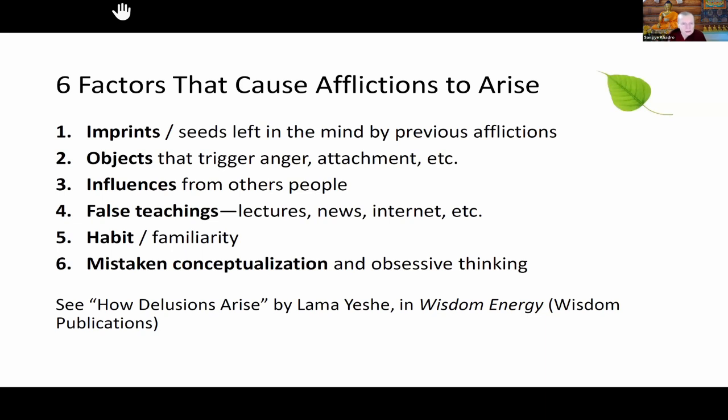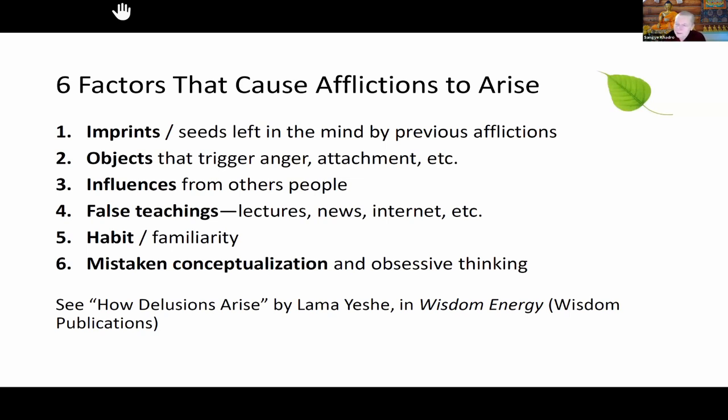And then the sixth one, Lama Yeshe called it mistaken conceptualization. You could also call it obsessive thinking. So this is when, well, the example Lama Yeshe gave was being attracted to someone. Let's say you meet someone and you feel really attracted to that person, you fall in love with that person or whatever. And then you keep thinking about that person again and again and paying more and more attention to